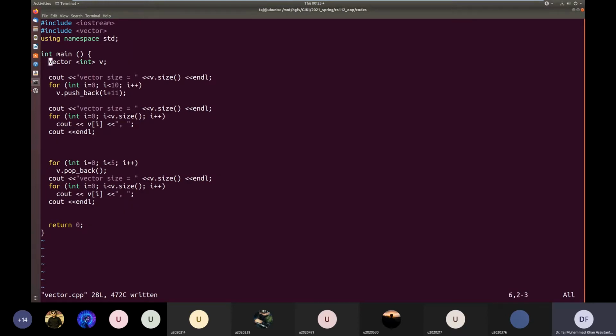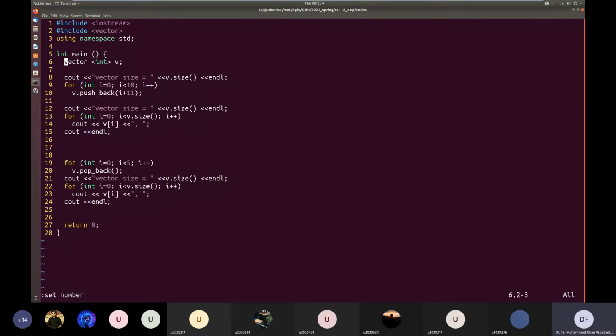So we can initialize it using any type. Here, for example, on line number 6, I'm using this vector data type and I'm creating a vector v. But I'm telling it that I create this vector based on type int because I intend to store integers in this vector. So what this line will do, it will create an empty vector v.